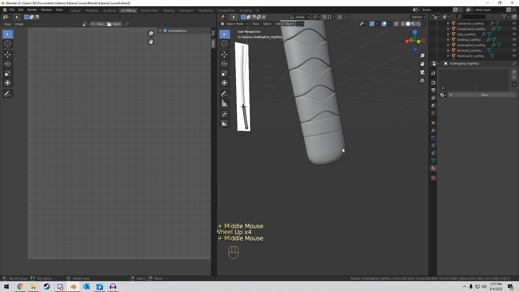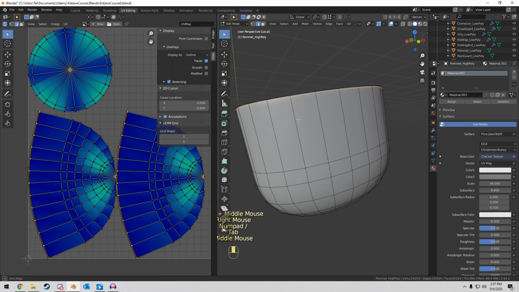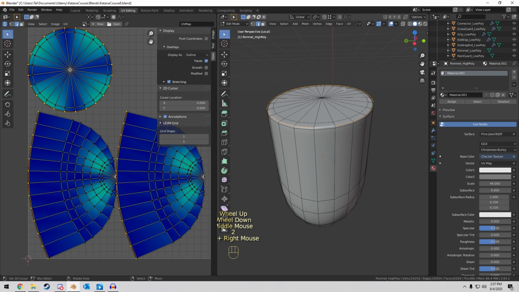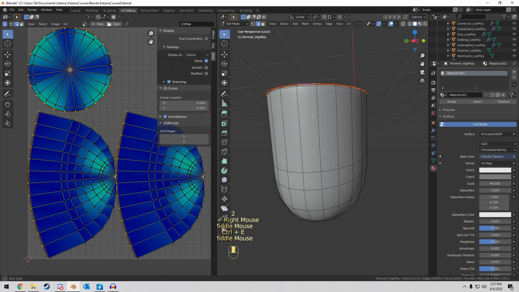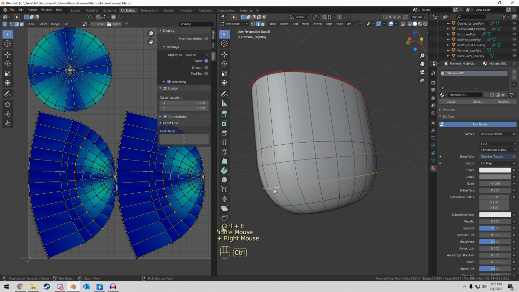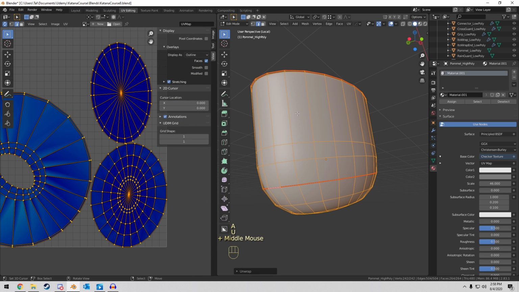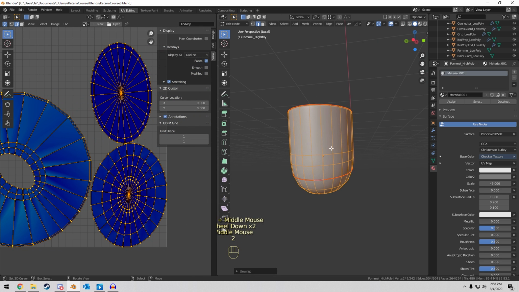Now let's come in and work on the pommel. So right now we are having a lot of stretching here. We don't want to see colors like that. Let's select this top edge loop and mark a seam there, and perhaps one right about there, mark a seam there. Do an unwrap and see what this looks like. It's not quite looking like how I would like it to, so let's